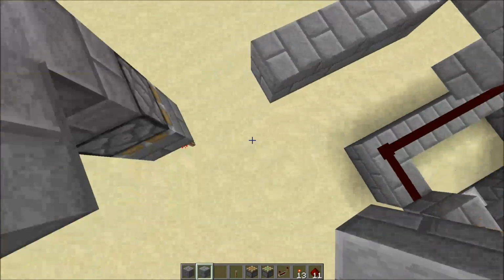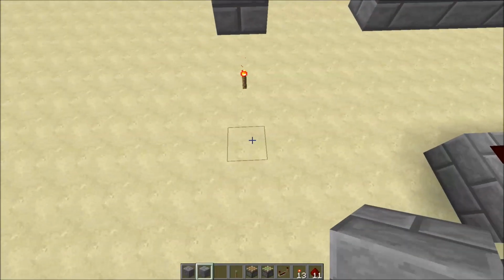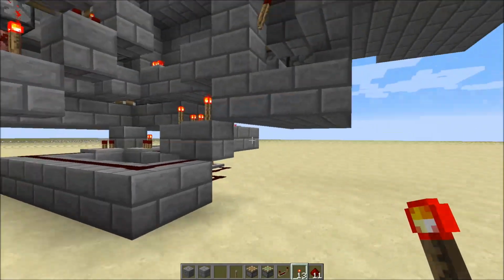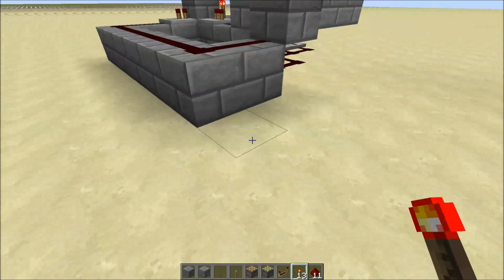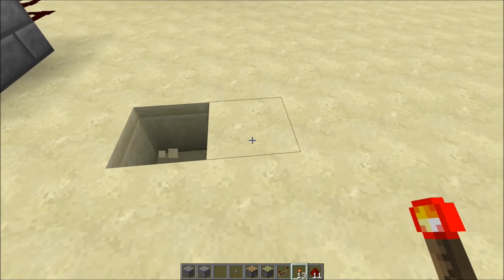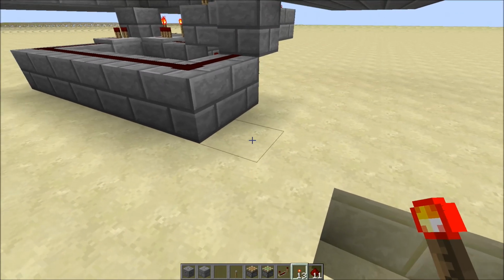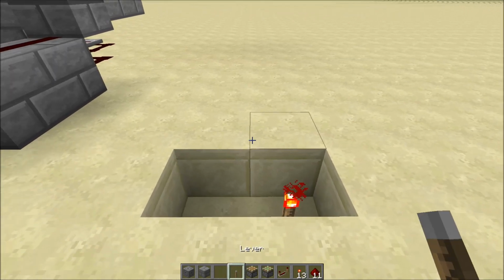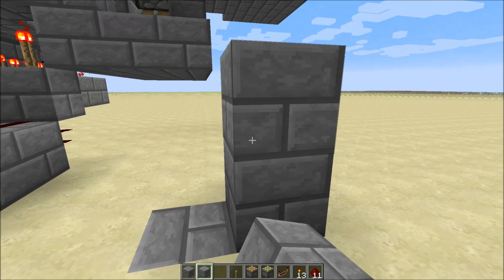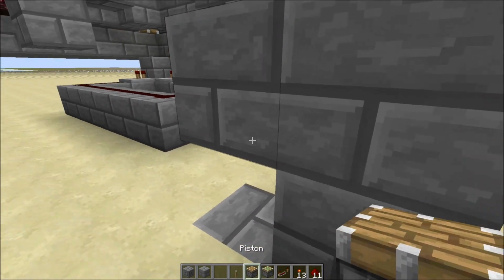So we probably want to have our T flip-flop somewhere around here. I'm thinking right here should be good. Should give us enough room. So from this, let's go 1, 2, 3, and then 1 over, like that. So 1, 2, 3, 4 over, and like that. So we want to place a block on it, and then make this pattern, and then have